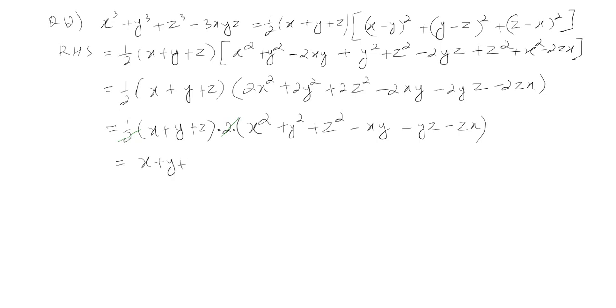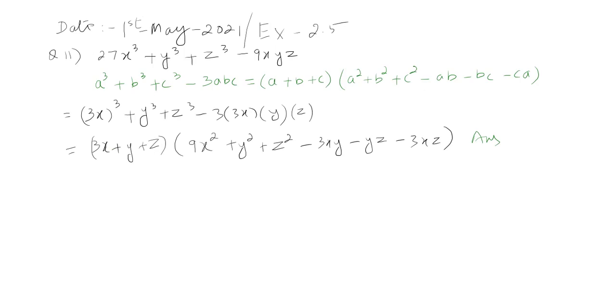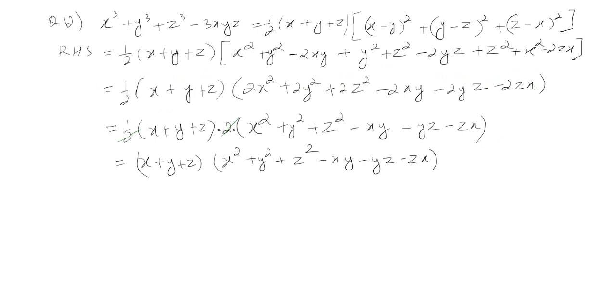Now we are left with this bracket, this x plus y plus z. Then we are left with x square plus y square plus z square minus xy yz zx. Now these 2 brackets are the same identity which we have seen in the previous question. So if I have to multiply these two brackets, I can write this one because this is an identity. So in place of this, I can write here now